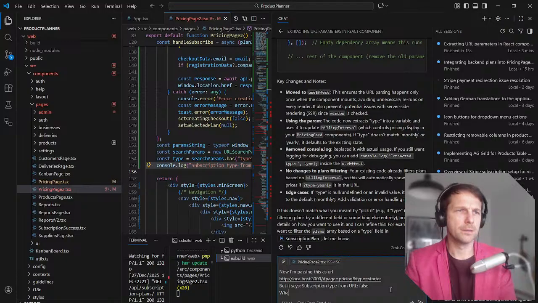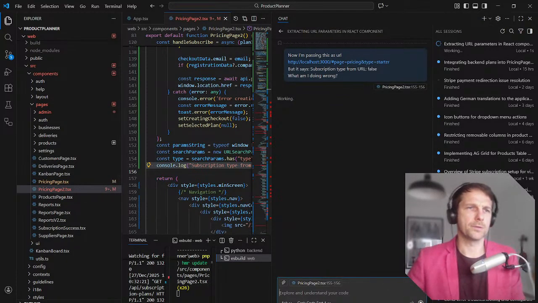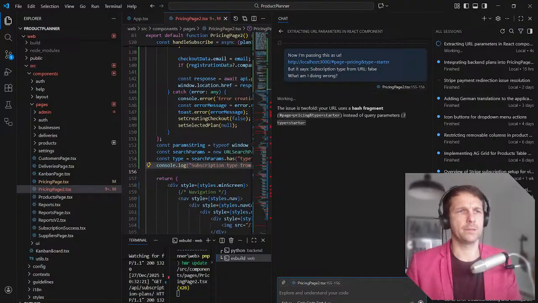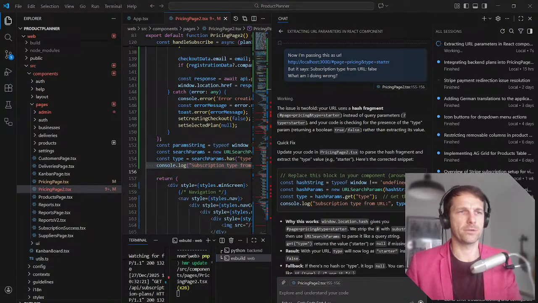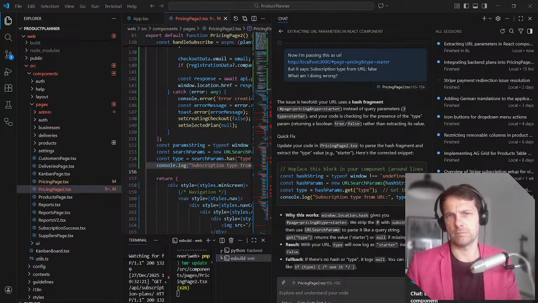Should be like page pricing param. Oh, okay. Is it param 1, param 2? So param 1 would be type. Param 1 value. Yeah, so param 1 would be type. Type equals starter, for example. Yeah, that's okay. So price page. Okay, param 1, it's type, for example. Type equals starter. Yes?